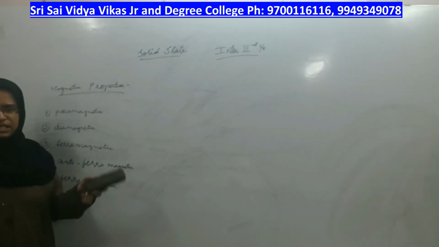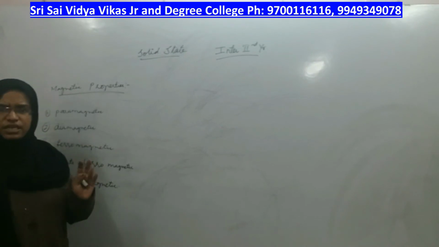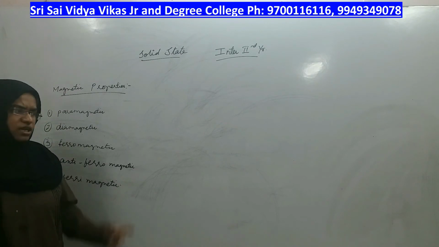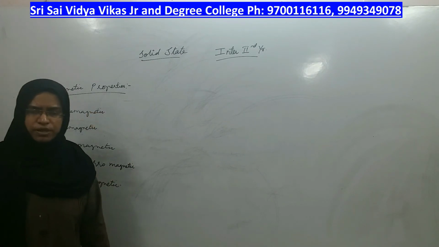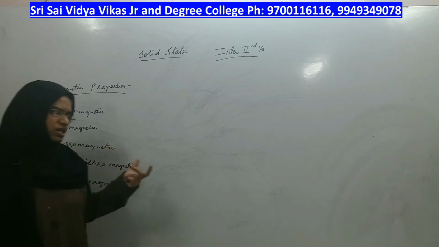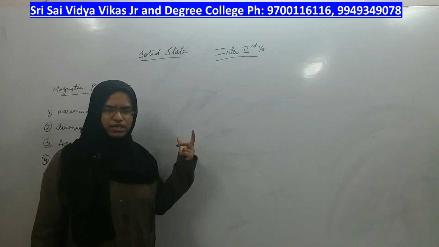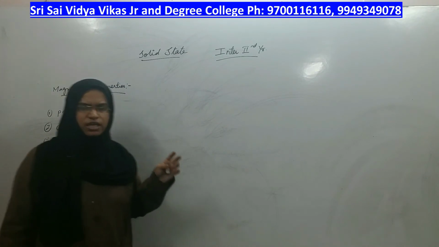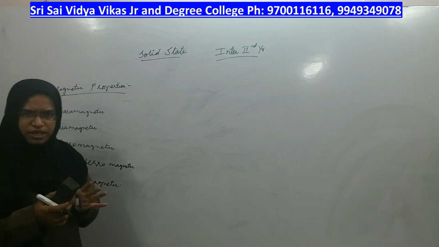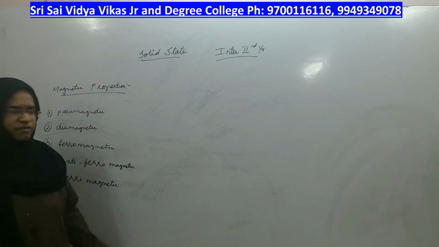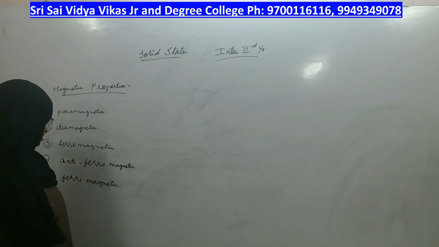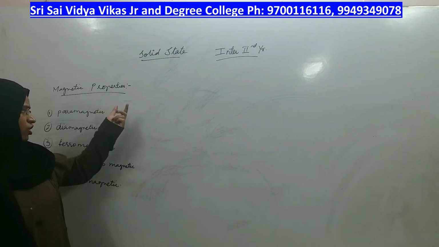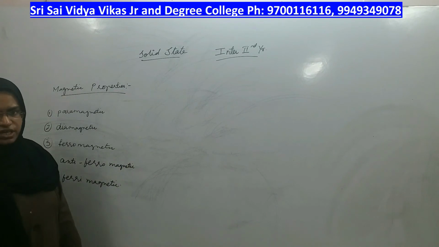The next topic in solid state is studying the electrical properties and magnetic properties of solids, right? Let us first look at the magnetic properties of solids, because solids have different natures of magnetism. When a magnetic field is applied, different solids behave differently, right? If you try to categorize the magnetic behavior of a solid when subjected to a magnetic field, it will fall under any of these 5 categories.